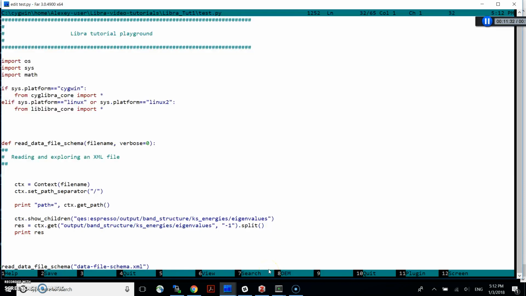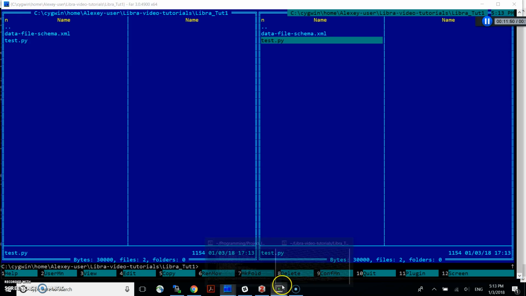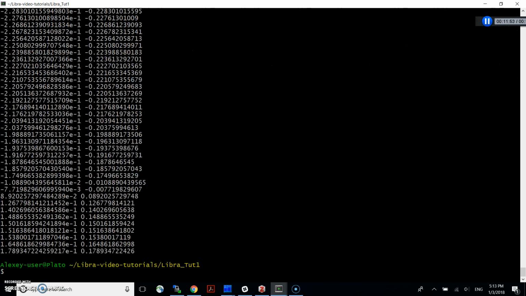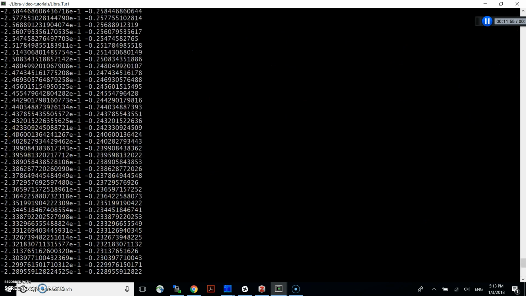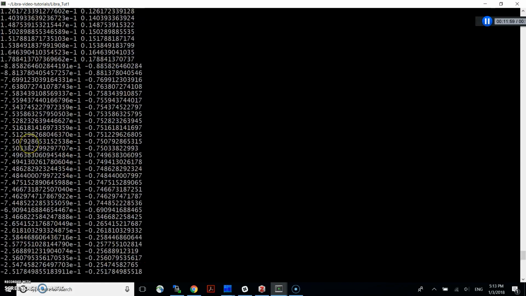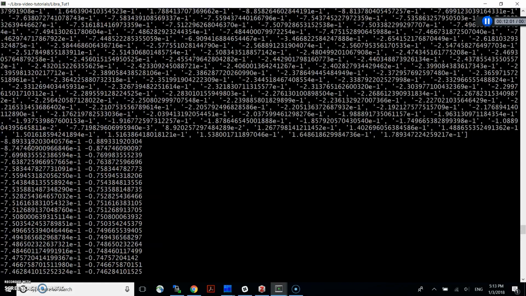So let's convert them to floats, for instance, by doing for item in res, and then here we'll print float of it. So that would be a conversion to the floating point value. Yeah. So this is the result on 200